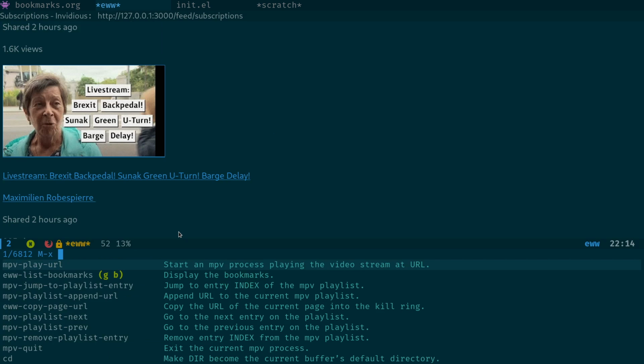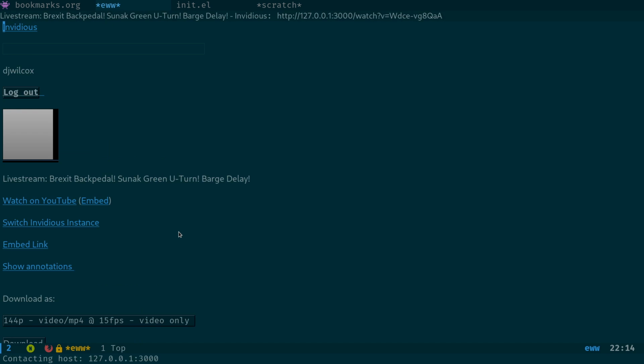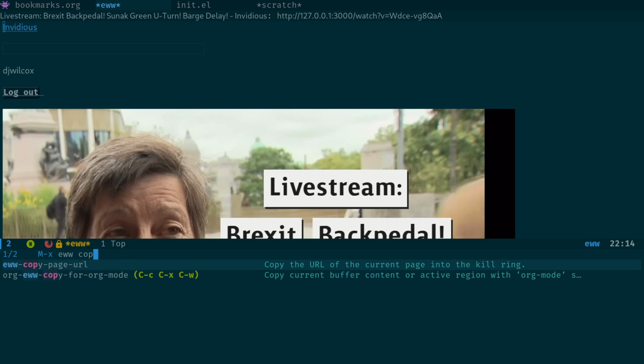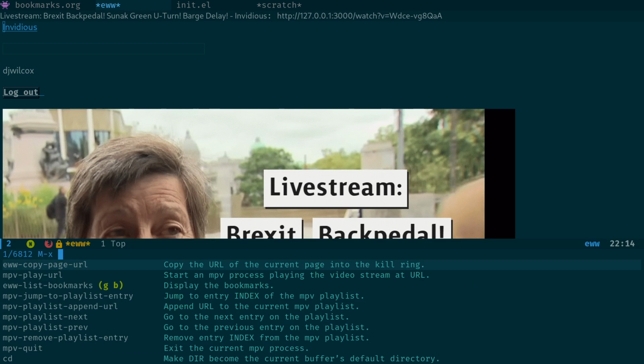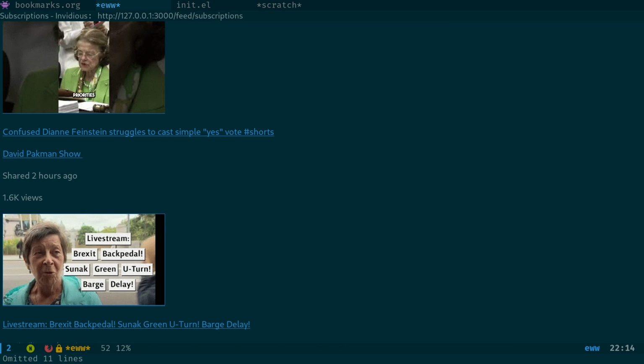Because the issue is, for example, here I'll show you. If I go into this page here, I can run eww-copy-url, page-url. If I then type meta x again, you can see that's going to be the next result. So I'll have to come down to mpv-play-url and paste it in. Whereas if you're on this view page here,